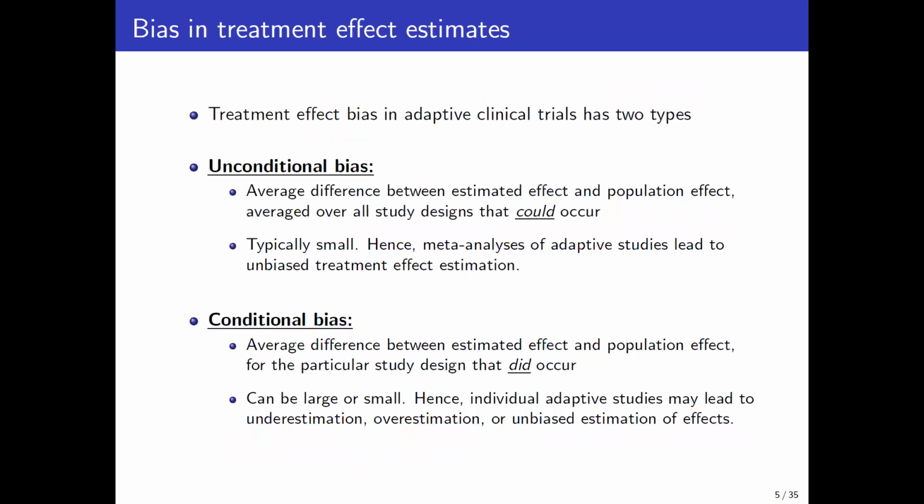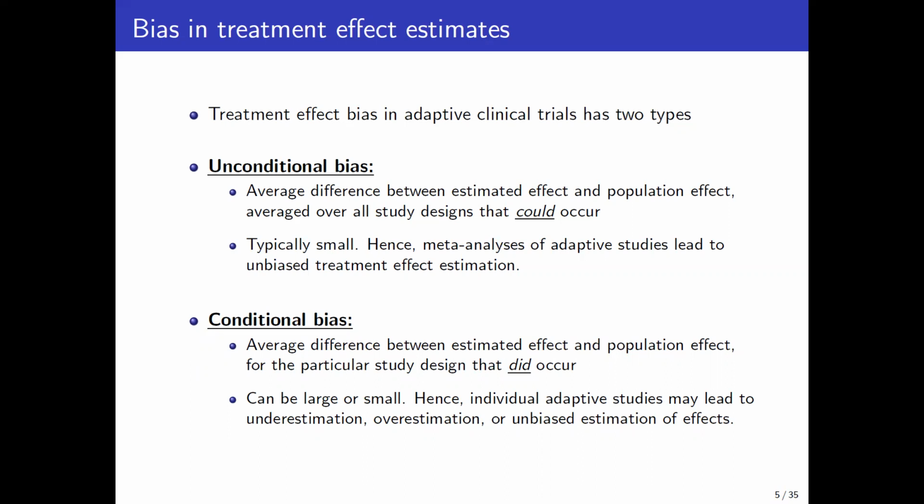Now, when I talk about bias, there's actually two sorts of bias that we need to keep in mind. The first one being unconditional and the second one being conditional. Both forms of bias are essentially a difference between the average treatment effect from the study and the underlying true population effect. But the unconditional version of that bias is essentially averaged over all of the possible study designs